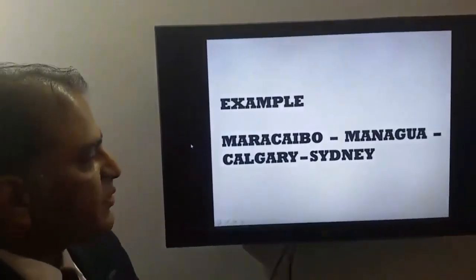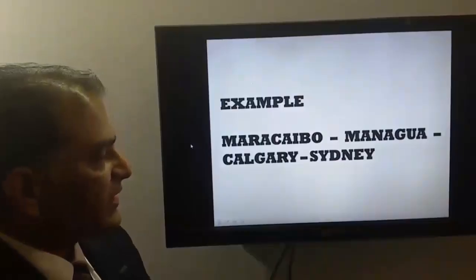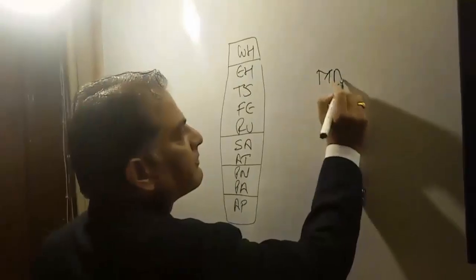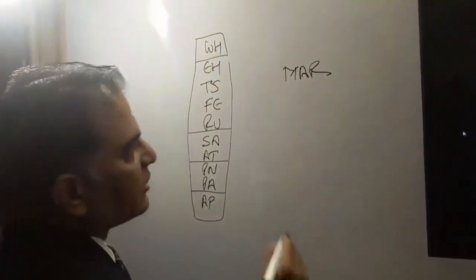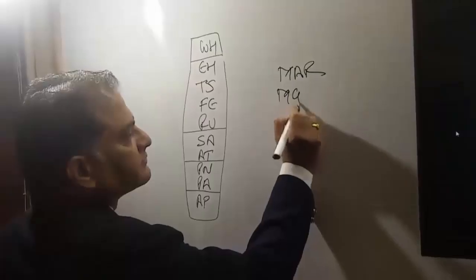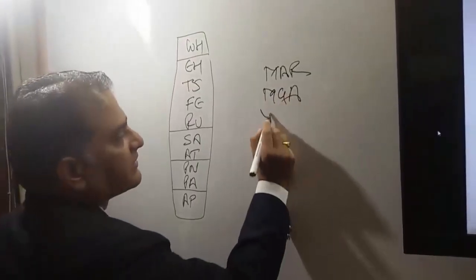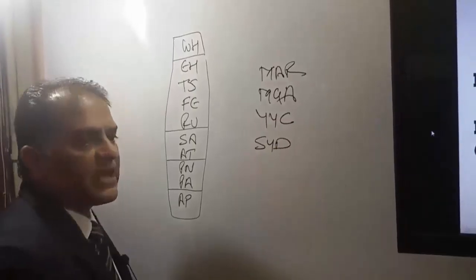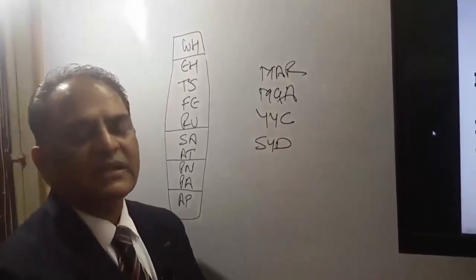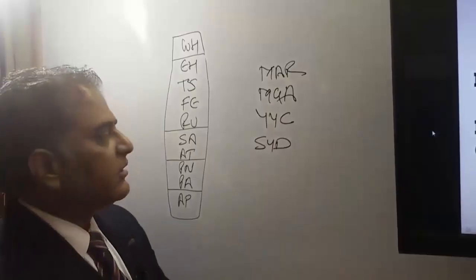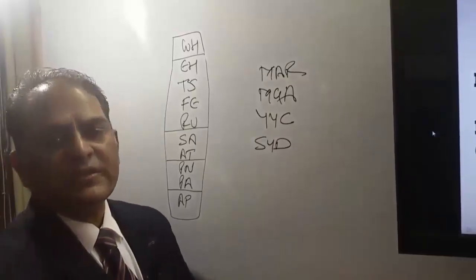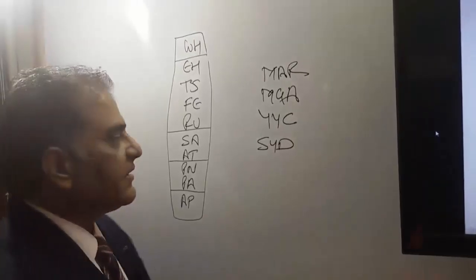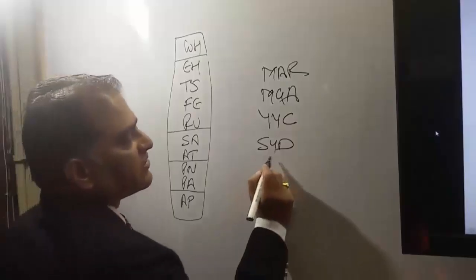It says Maracaibo, Managua, Calgary and Sydney. Now we have to find out whether this itinerary is satisfying the condition of PN or not. Now PN says your journey should be between Southwest Pacific and South America. Now Sydney is in Australia,